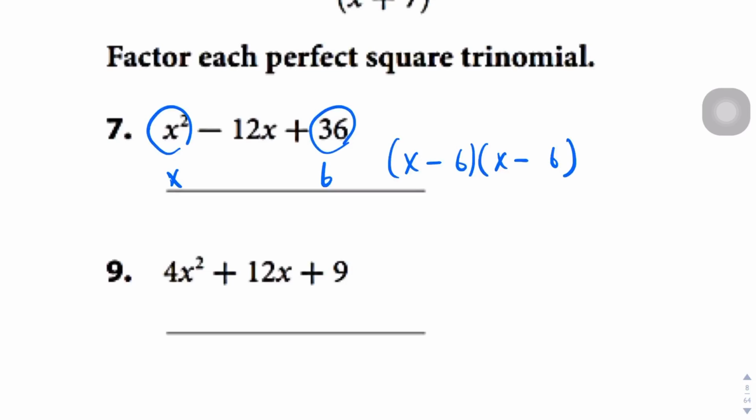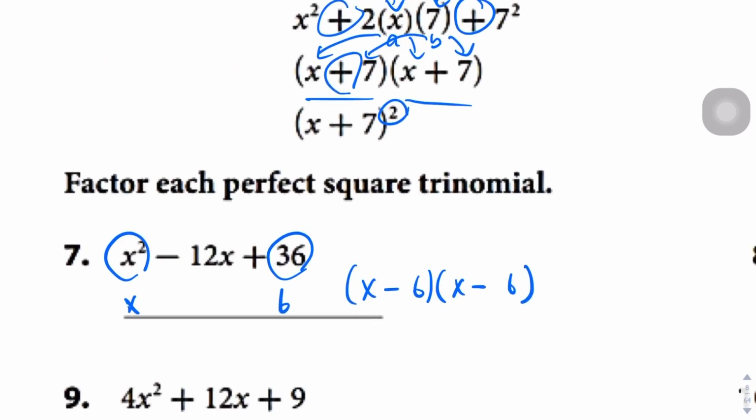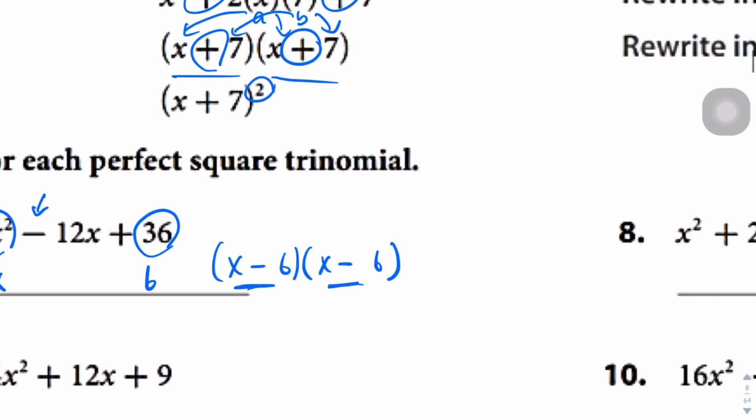How do I know that, especially because these actually say plus? Why is this one going to end up being minus? It's because of this minus sign right here. I just know from experience that the factor form of this is going to have two minus operations here. And if you don't believe me, we can actually do the box method again, which I will, just for the sake of